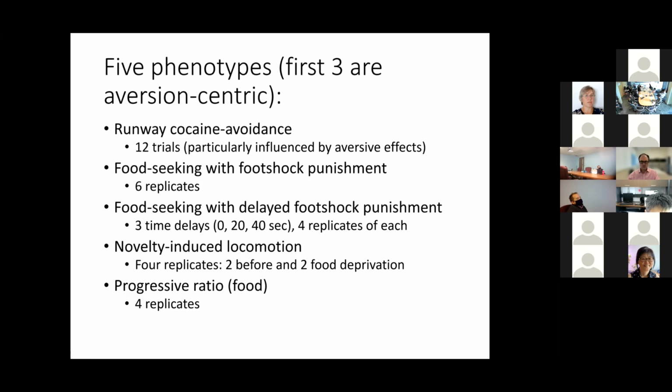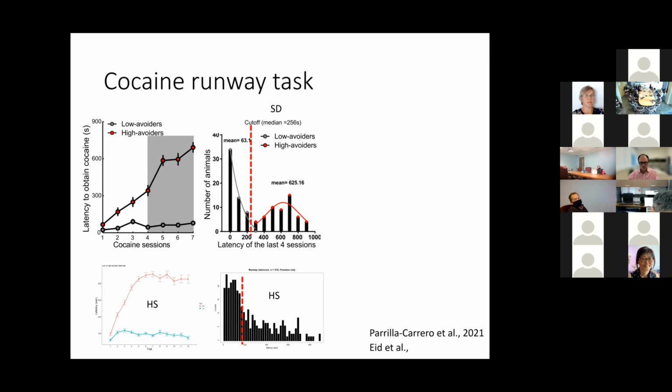Just to recap, there's 5 basic behaviors, 3 of which are aversion related because of our hunch that there's aversive influences on addictive behaviors that are somewhat less well understood. The first one is this cocaine runway task that Attenberg used for a couple of decades. If you have animals traverse a 5-foot corridor to receive cocaine, you get a number of animals that run very quickly to the end of the 5-foot corridor, but some of them develop these longer and